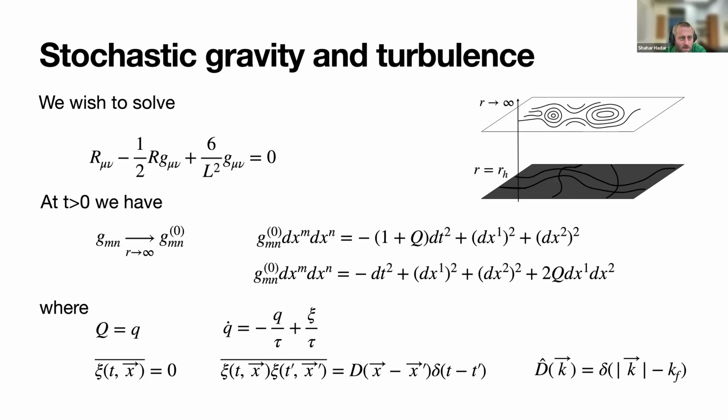What's the meaning of the non-stochastic part that just comes from the Einstein equations? That Q dot equals minus Q over tau? Well, yes. The reason we didn't just say Q equals Xi, naively you'd say Q equals Xi and you're done. The problem is that if you plug this into the Einstein equation, you're going to get some powers of your random variable and derivatives of the random variable. And a time derivative of white noise is just not well defined. So this is an extra technical thing that we needed to add so that derivatives of our random variable will be well defined.